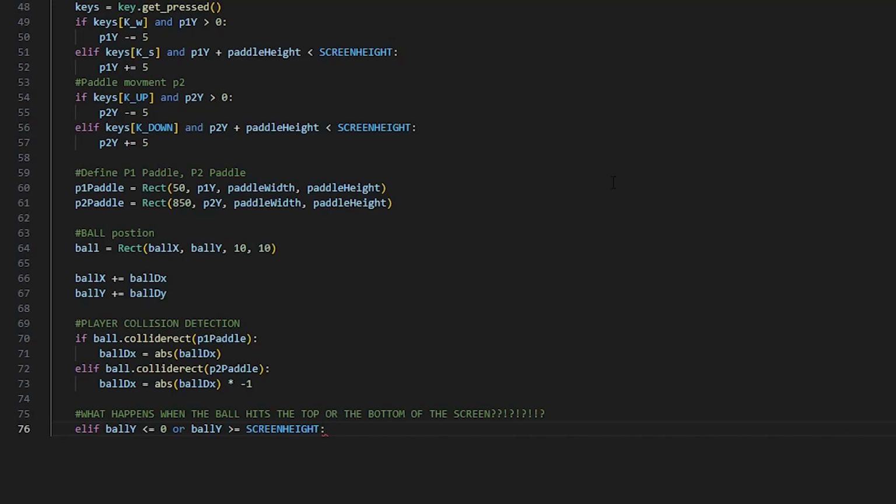So what exactly does this mean again? Right, good question. If the ball collides with player 1's paddle, it's going to shoot off to the right. If the ball collides with player 2's paddle, it's going to shoot off to the left. If none of this happens, and it hits either the top or the bottom of the screen,